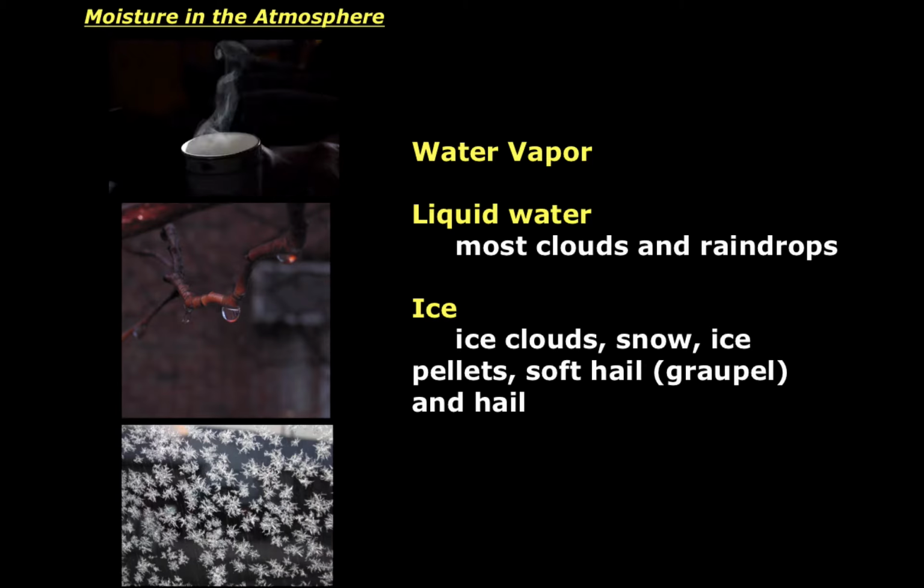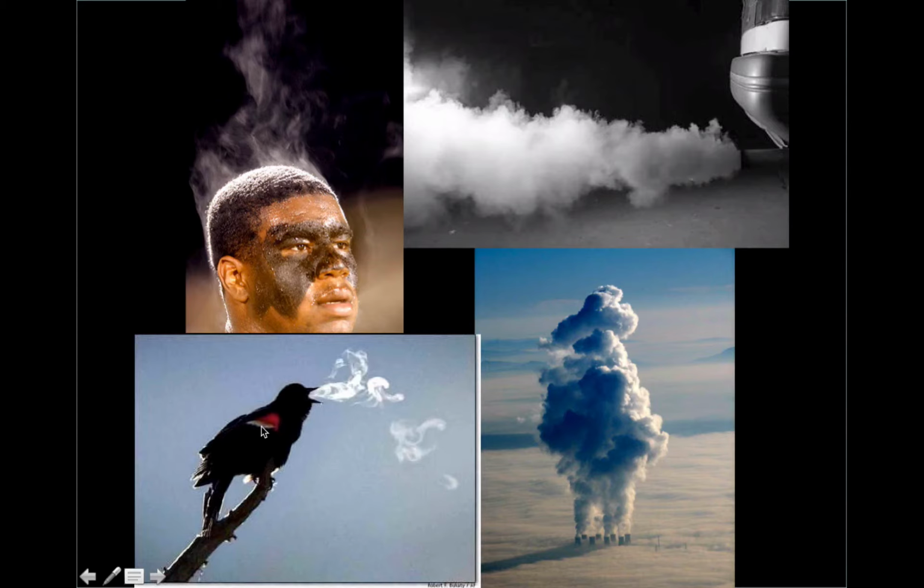So I got a few examples here. We've got this guy here whose head is clearly steaming. We have a bunch of exhaust coming out of this tailpipe. We have some massive cooling towers producing this huge cloud. And then I've got this bird that apparently is breathing, and you can see the water vapor. Not the water vapor, you can see the water. That's an important distinction here. Every single thing that you see in these images is condensed liquid water. You're not able to see water vapor. Water vapor is a gas, and we cannot see gases. Therefore, you're seeing condensed liquid water in each case. So keep that in mind as we move forward throughout this lecture.